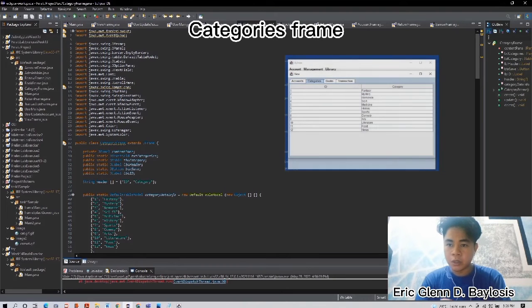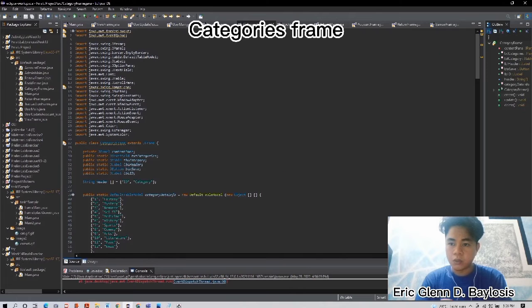We apply the string header so that they can identify which is ID and category. And this is the category data info, coded with the table model so that we can see below the ID and category, which are listed 1 to 12. Then, in CategoryFrame, we also set the title of categories by addWindowListener of WindowAdapter, WindowEvent e,